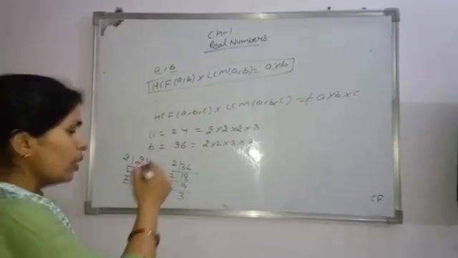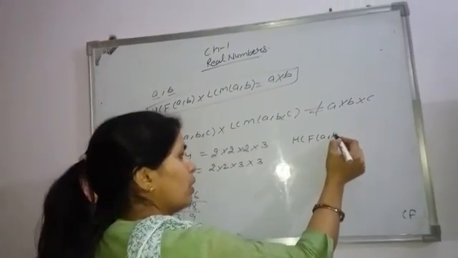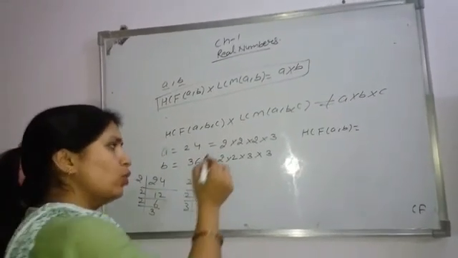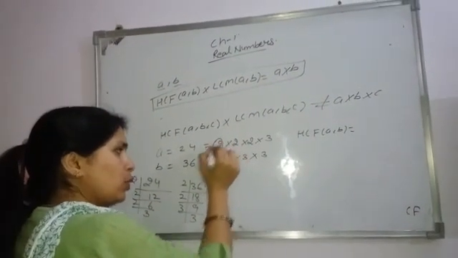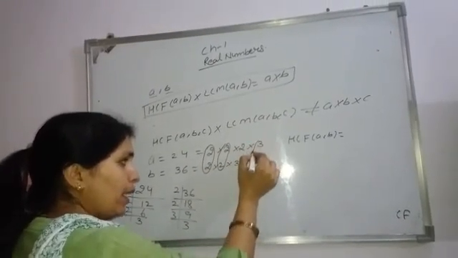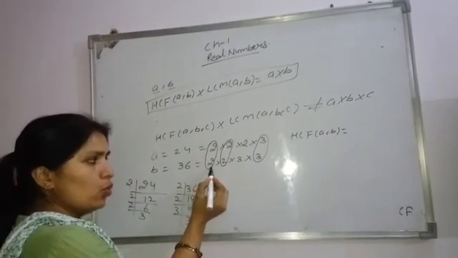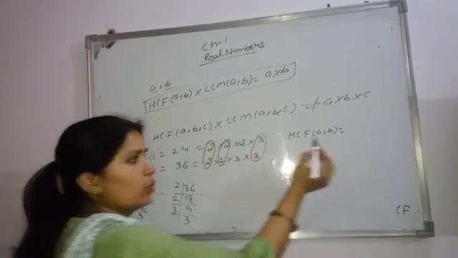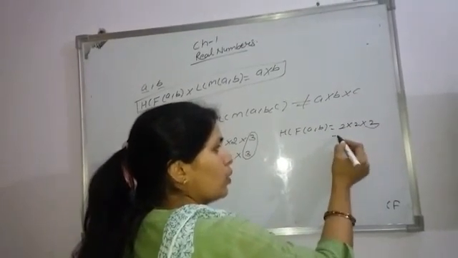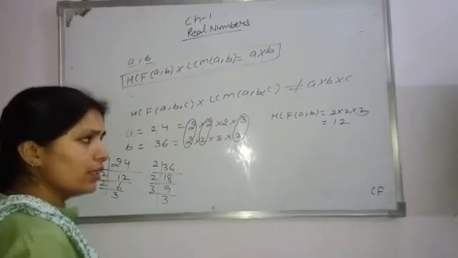Okay. Now if we want to find out the HCF of A and B, I told you that common values we always have to consider. 2 is common. Next, this 2 is also common. And next, 3 is common. So what will be the HCF? 2 into 2 into 3. 2 2s are 4, 4 3s are 12. So 12 is the HCF in this case.